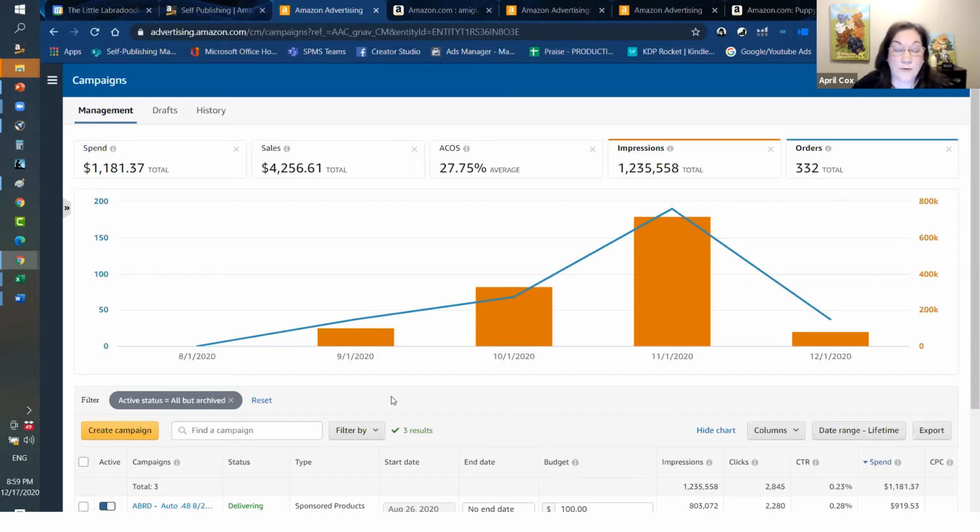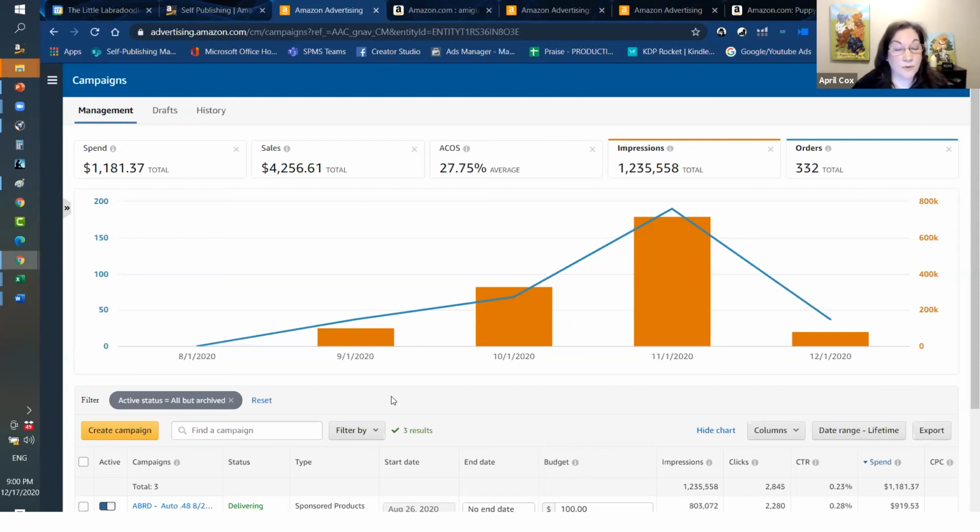He talked about one author that he was helping who had a dog book. And one of the keywords that came up was a dog movie, and it was performing really well. So they said, gee, I wonder what that's all about. I would have never targeted a dog DVD or movie. But then they said, let's try this. So they got an idea: let's create a new ad and just put all kinds of dog movies into it. The thing soared. It was amazing.